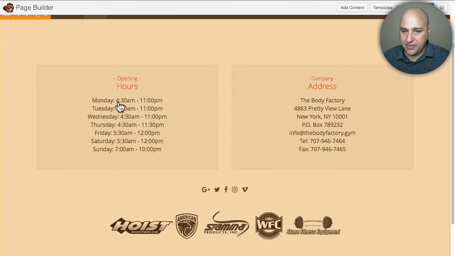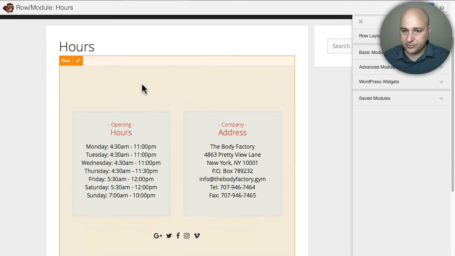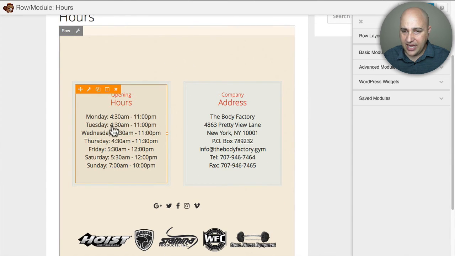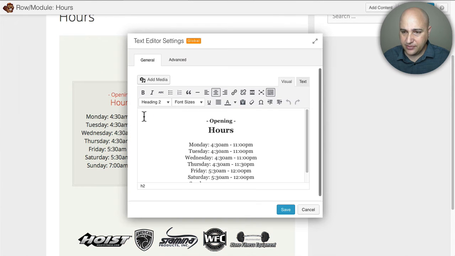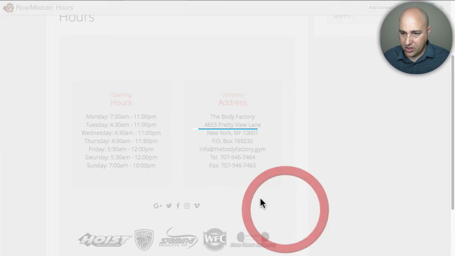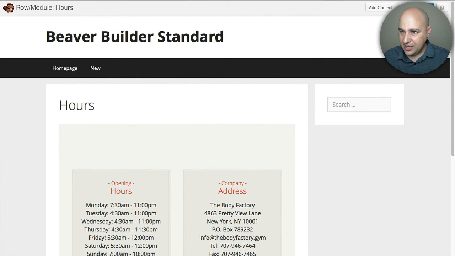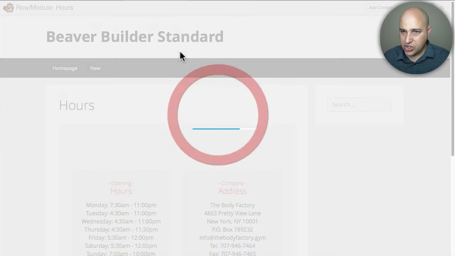So I'm going to go ahead and maybe change this hour on Monday from 4:30 to maybe say 7:30. So I'm clicking on it, and right now I can edit anything that is in this row. So I'm going to click right here, and I'm going to change this to a 7. I'm going to go ahead and click on save, and then I'm going to click on done, publish changes.